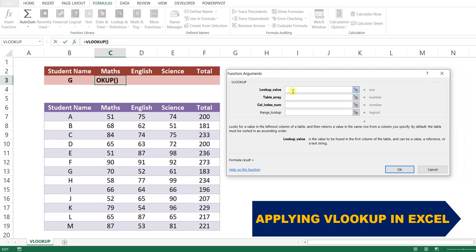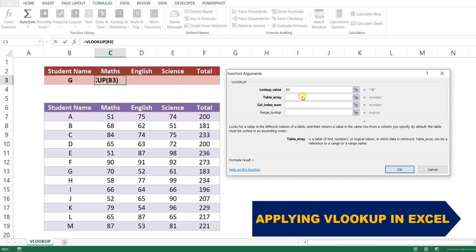Okay, so our first argument is lookup value. It means this is the value which we are going to look in this table. Okay, so we have selected student name as G. But where is the student name G? It is in the cell B3. Okay, so for this we will select this B3. It means we will look the value which is available in the cell B3.